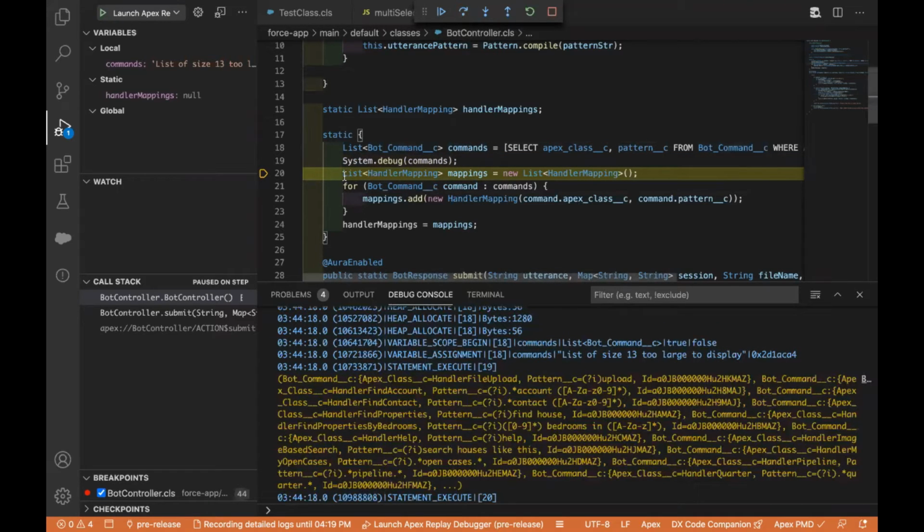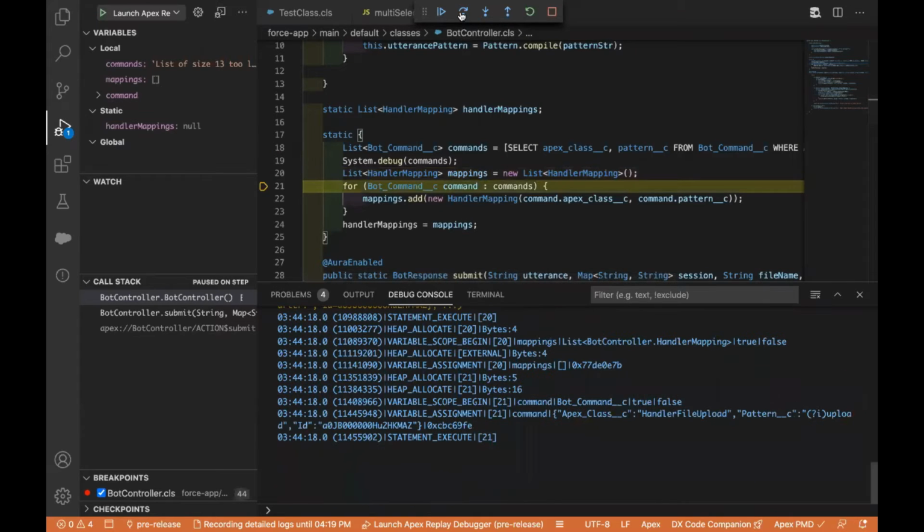You are here now, under this list, and you have seen that we passed these lines. As soon as we are here under line number 20, we got the list of all the commands which we are getting from line number 18. Just click on that arrow icon, and now if you hover over to the